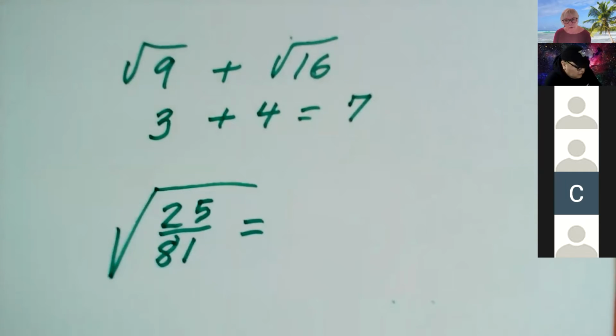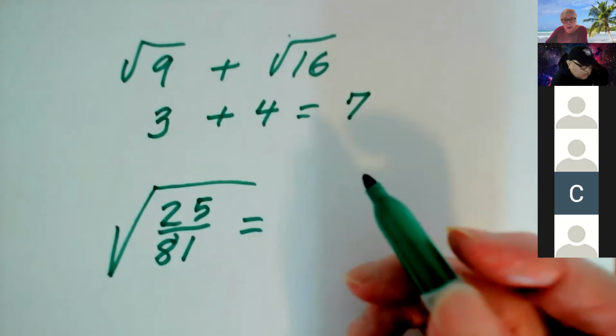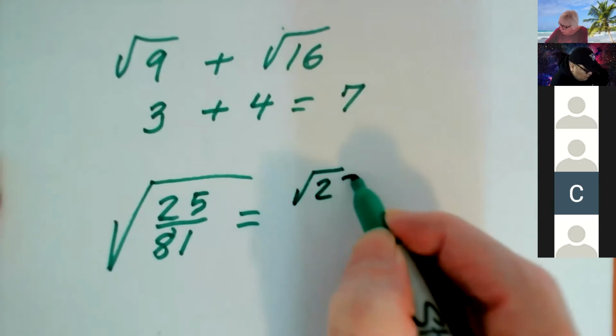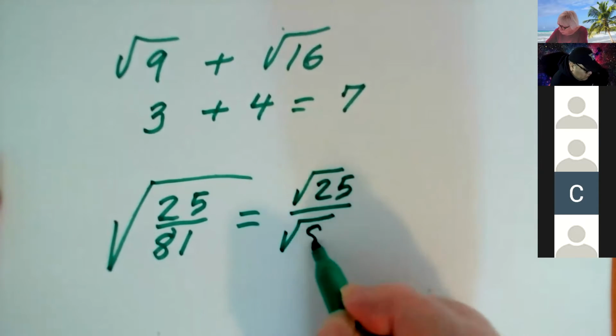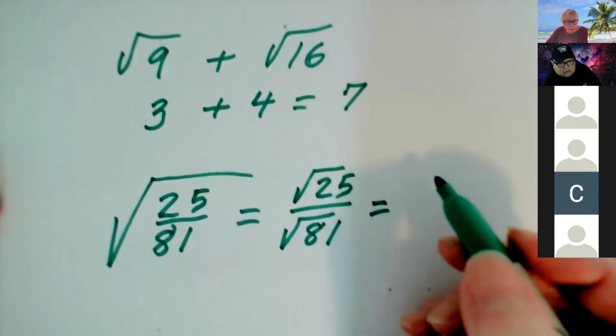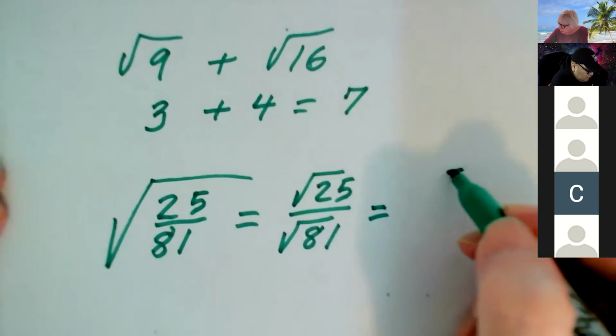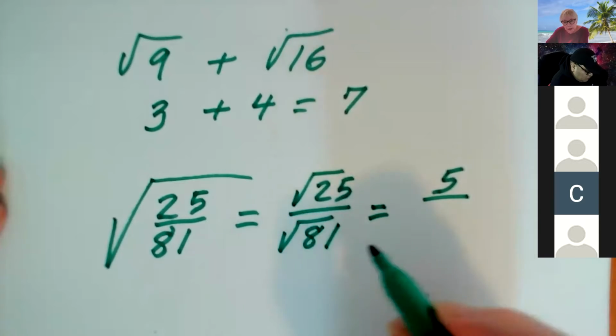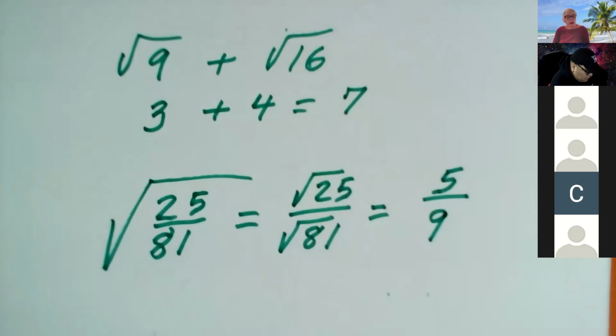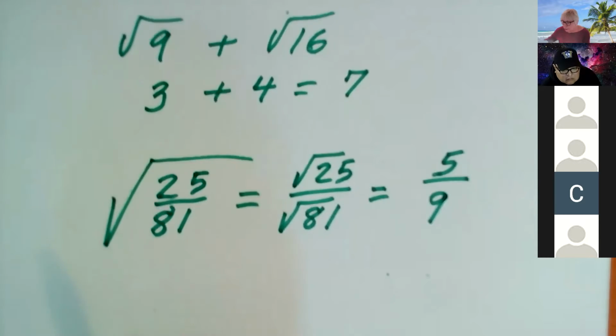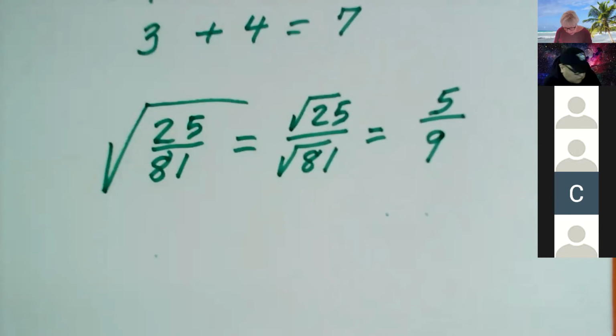Even if it's kind of funny, like this one, 25 over 81. Because both of these are perfect squares, you can even do this fraction one. This really boils down to the square root of 25 divided by the square root of 81. I don't think I had to write that step, but the square root of 25 would be 5, and the square root of 81 would be 9. Okay? So this is not impossible to do. We're just sort of beginning with square roots. And if they expect you to use a calculator, then